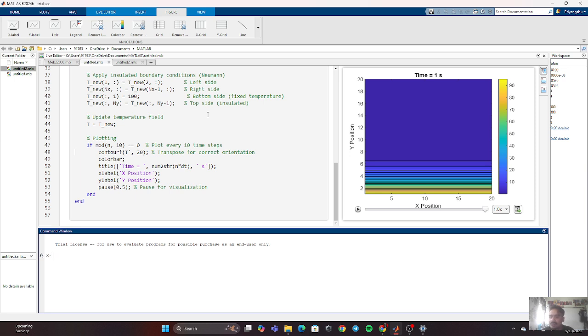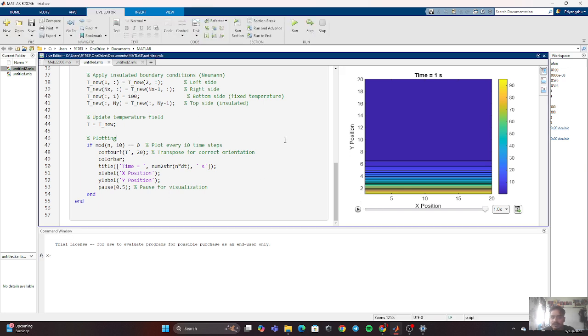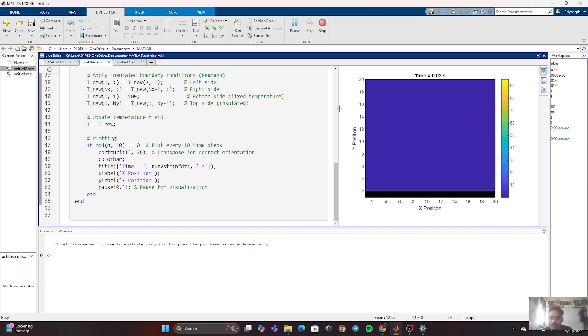After writing the code here, we get such a graph, or you can say figure, over here. It's a square plate. It has both sides insulated, and the bottom plate at a temperature of 100 degrees Celsius. You can see how time affects the plate. For instance, if we run this code,